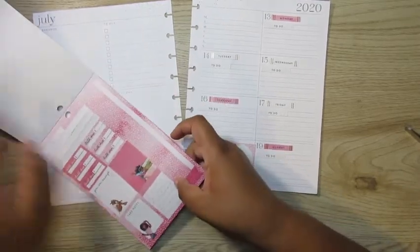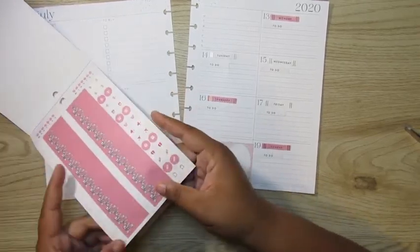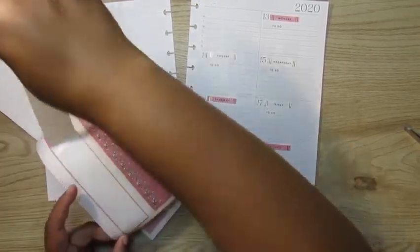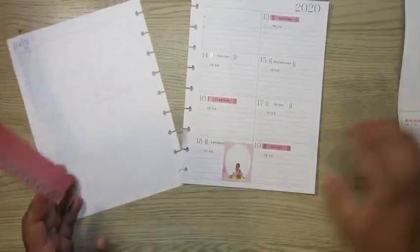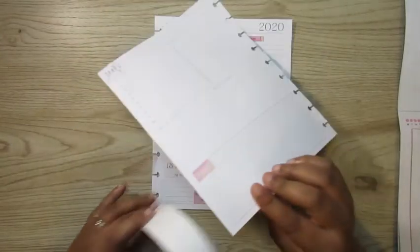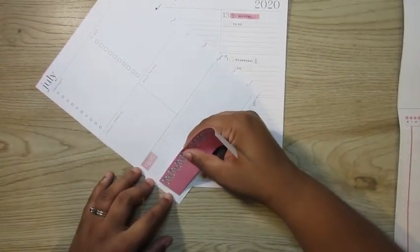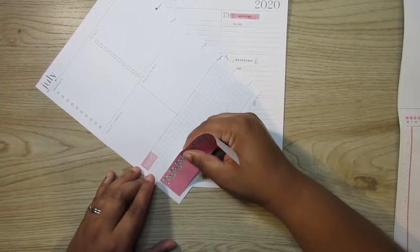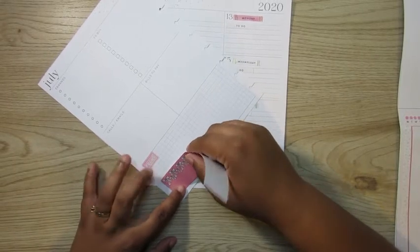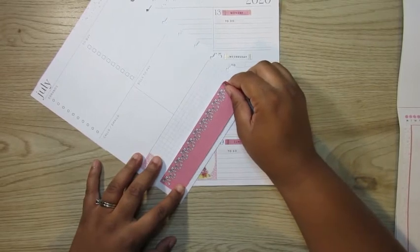What are these washi strips? Okay. So I think next I'm gonna use this long strip. And let me tell y'all, these stickers are sticky. Like real sticky. So you need to be sure where you're gonna lay it down before you press it down, because I don't know what kind of adhesive they're using on this,